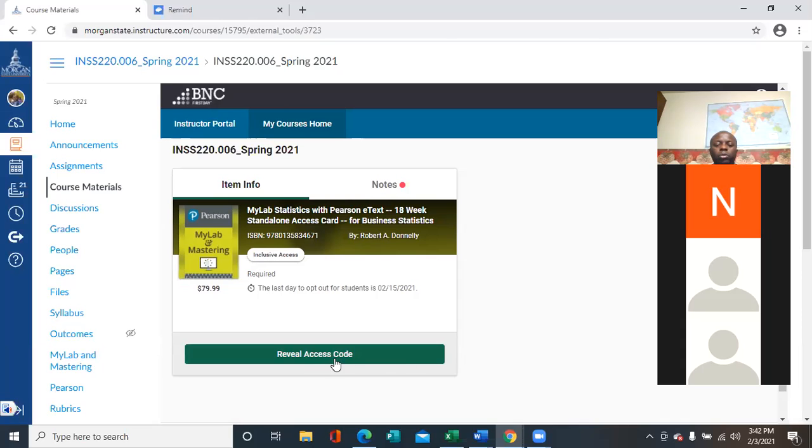So all you have to do is click to reveal your code, this code here, and then you can get the access codes that you use to register. Other than that, please try and get it done this weekend. By next week, I will start putting up the homework and the quizzes. They have due dates.